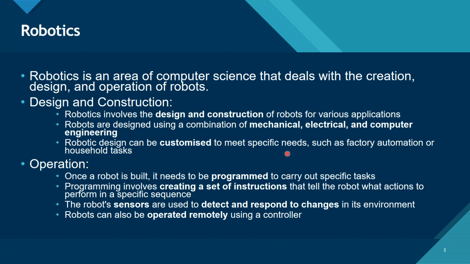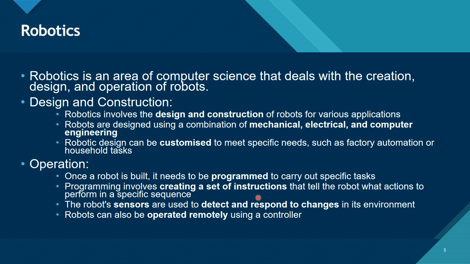And for the household chores, we have different robots, and for the factory and agriculture robots, we are using different types and different designs for the robots. So next is operation. Once a robot is built, once the design has been completed, then through different 3D printers and through different tools, we will develop the robot, and then it needs to be programmed to carry out specific tasks. Programming involves creating a set of instructions that tells the robots what actions to perform in a specific